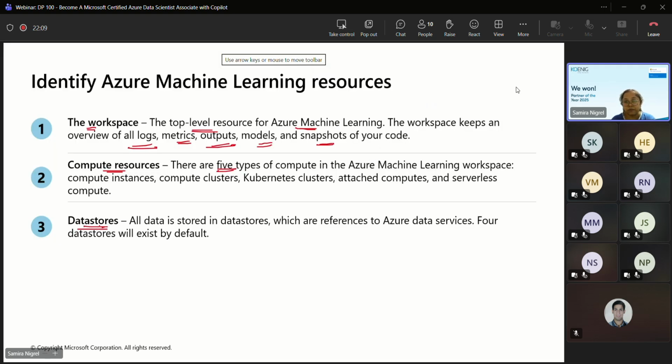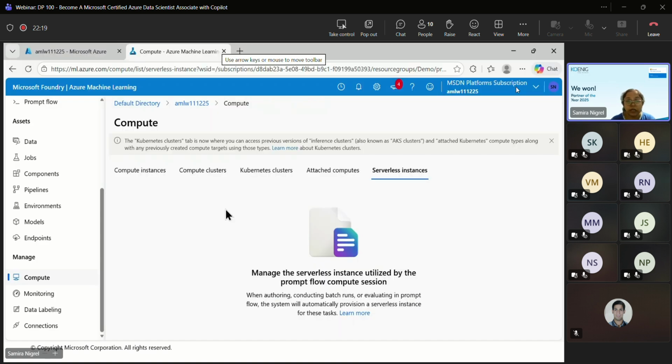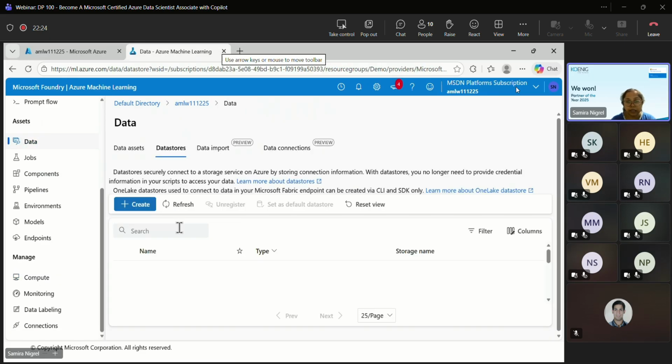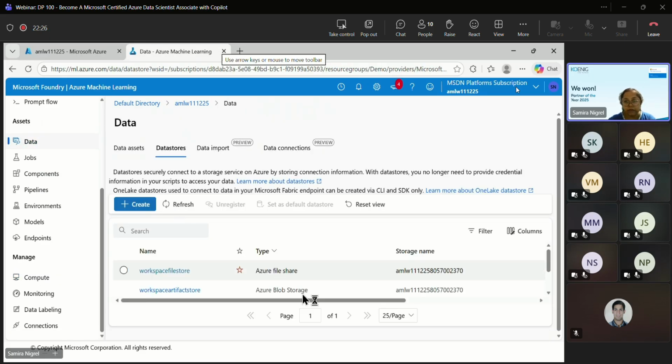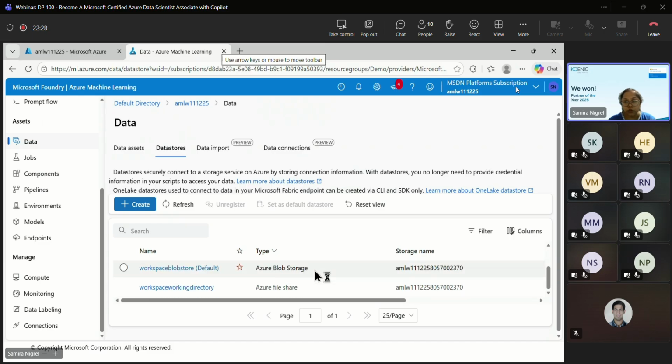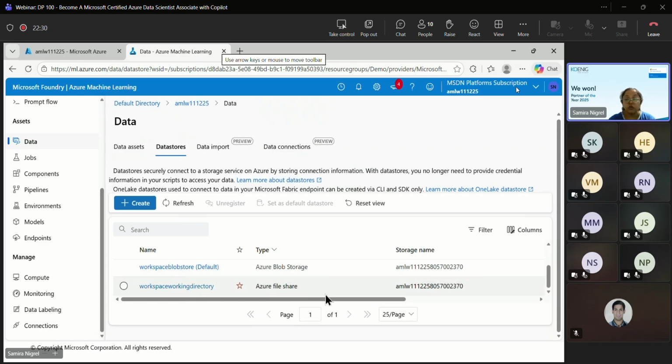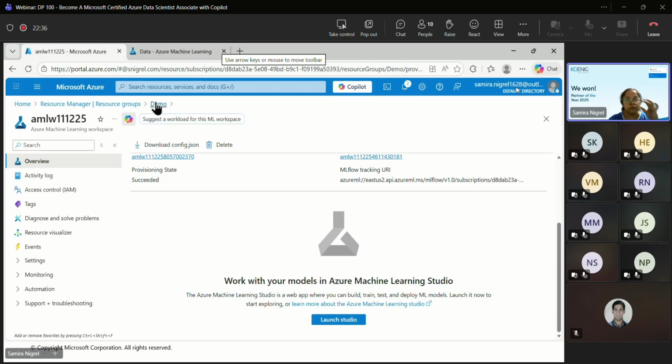It does give data stores. So data will be stored in the data store, which are referenced to the Azure data services. So there will be 4 data stores by default. When we jump to the data, let's look at the data store here. Here you can see file share and blob storage. So 2 file shares and 2 blob storages will be created. Let me just show you.